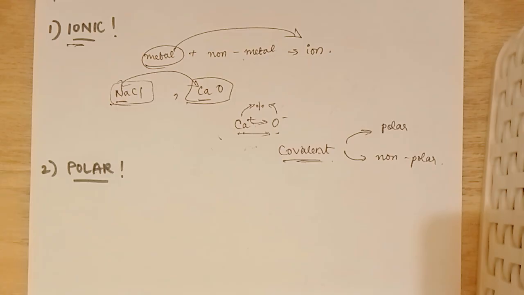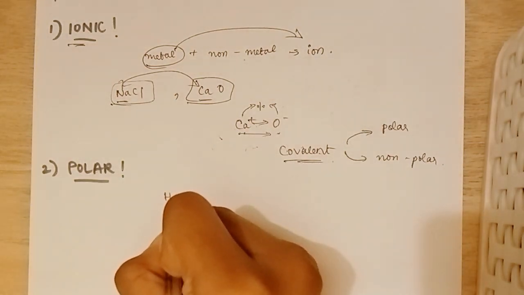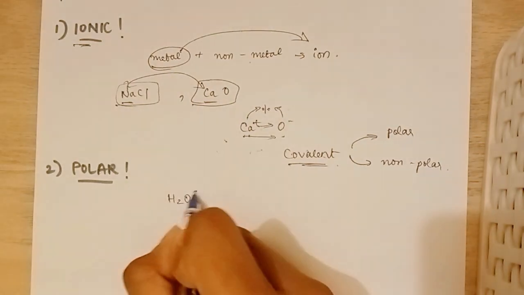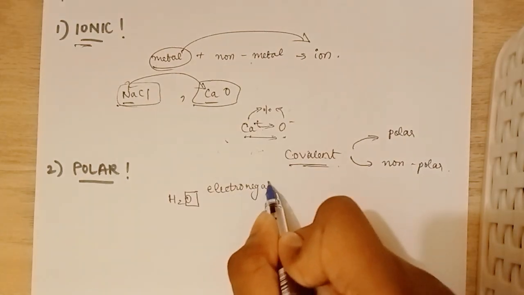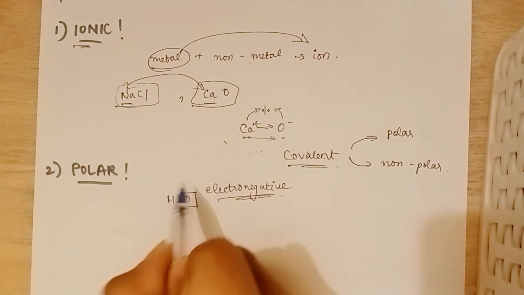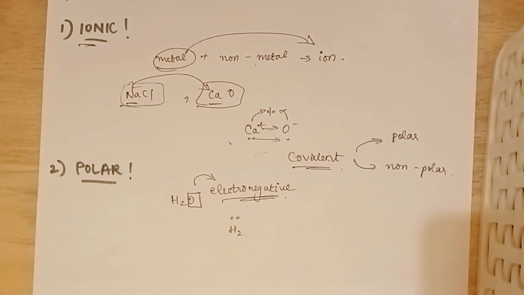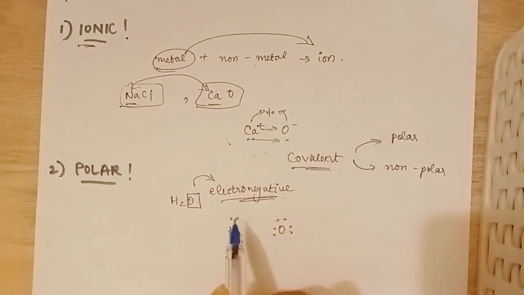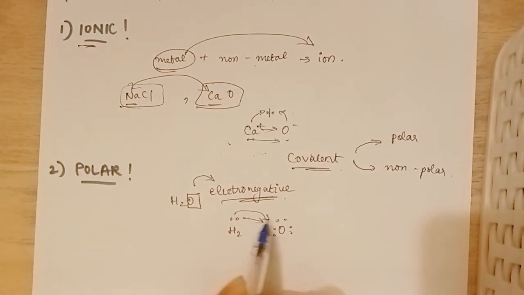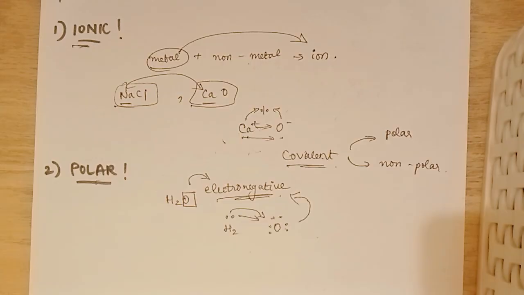This happens when some atoms pull electrons with different strengths. For example, let's take H2O. So in this, oxygen is more electronegative. Electronegative means it has the power to pull more electrons to itself than hydrogen. So if hydrogen has 2 electrons and if oxygen has 6 electrons, oxygen has greater power to attract these 2 electrons towards itself. Thus, this is called electronegative. So, how is this polar? Well,